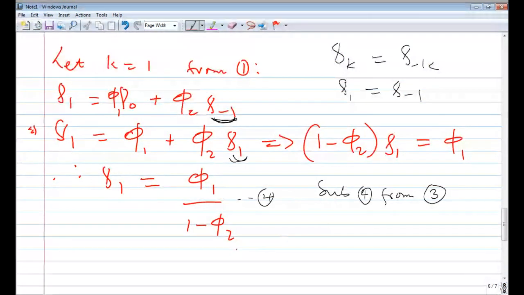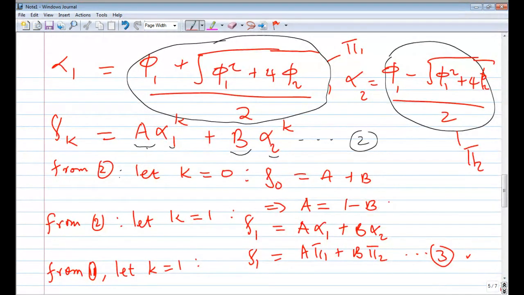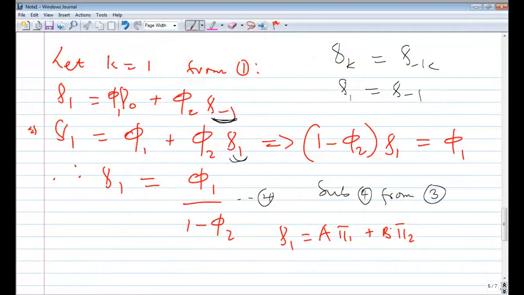Rho 1 is going to be equal to A pi 1 plus B pi 2, isn't it? But again, remember, we have already calculated the value of A. We said A is equal to 1 minus B, if you still remember, this one. So now we know A. A is equal to 1 minus B. We can substitute here, instead of B,